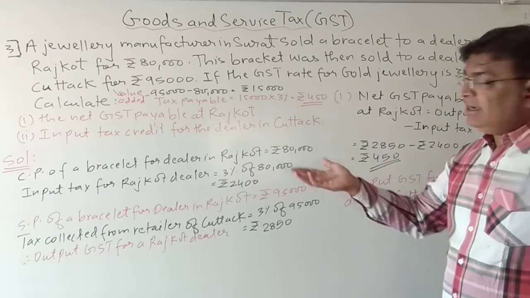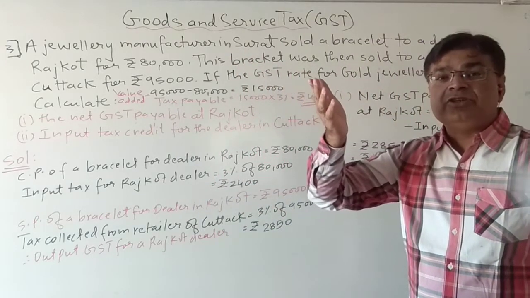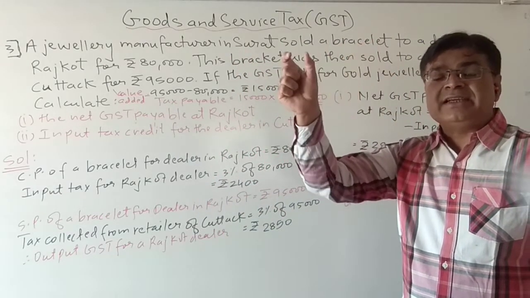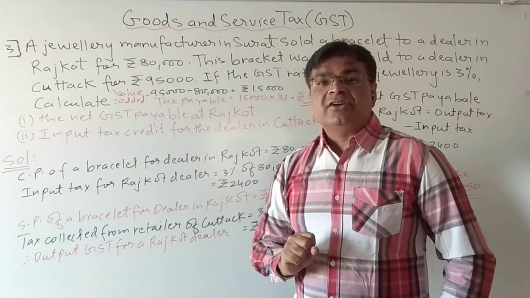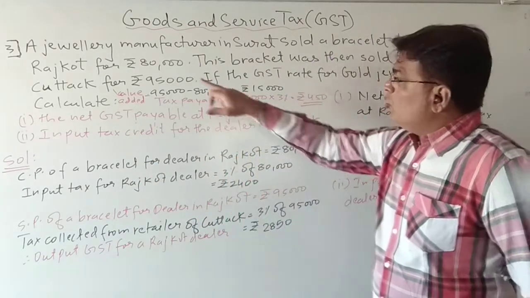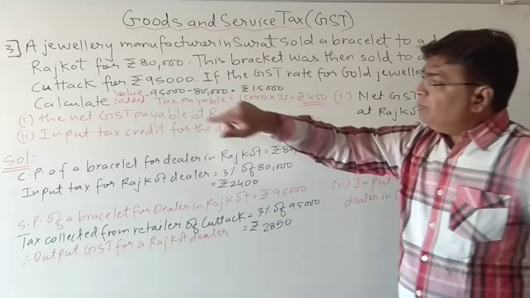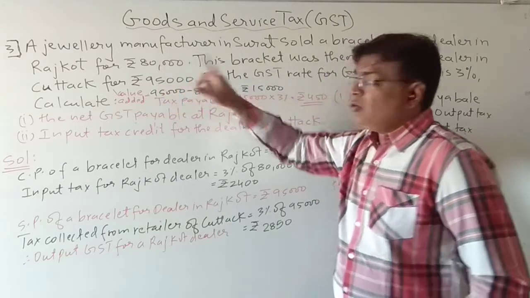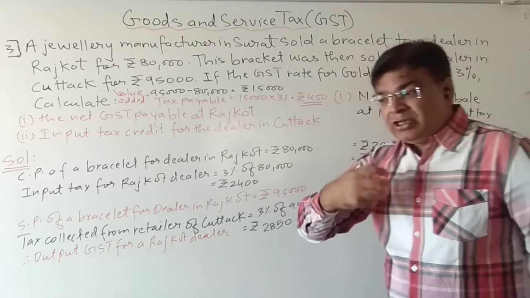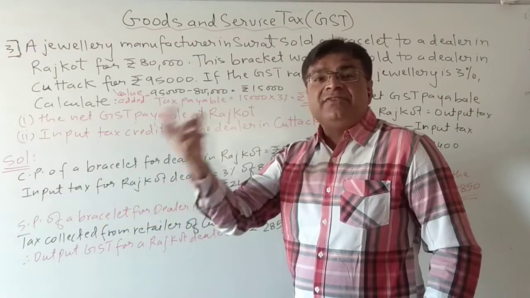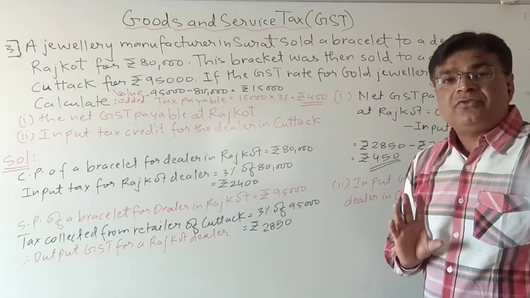The other way of finding, you have to see value addition. In the previous 2 years, it was one value added tax. So whatever value is added, on that the tax is collected. It is the same like this. On this 80,000, how much value is added? 15,000. Why? Because finally the bracelet is sold at 95,000. So tax will be collected only on the value which is added, that is 15,000. So 3% of 15,000 will be 450.